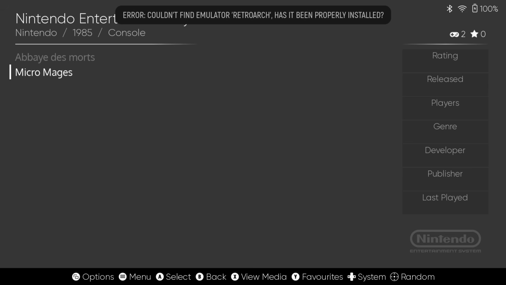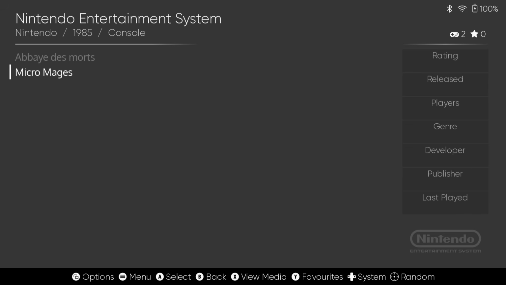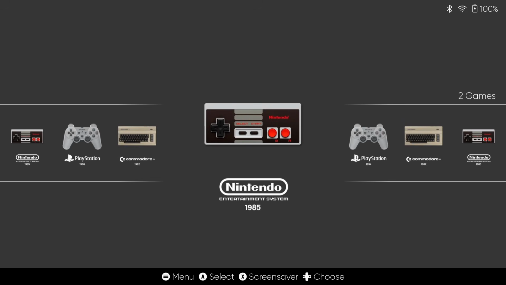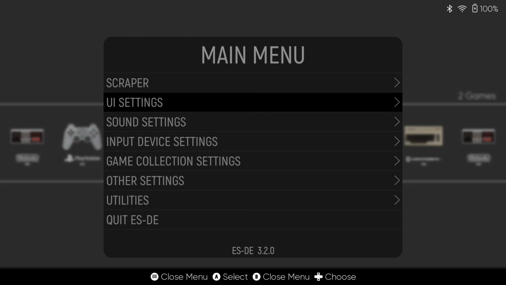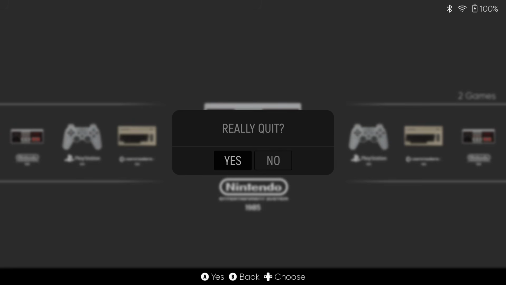and it's going to give us an error because we've not actually done anything with RetroArch yet, and we of course need RetroArch in the background to power these games. So I'm going to exit out of EmulationStation. I'm going to press the start button on my controller and just go down to quit. And yes,